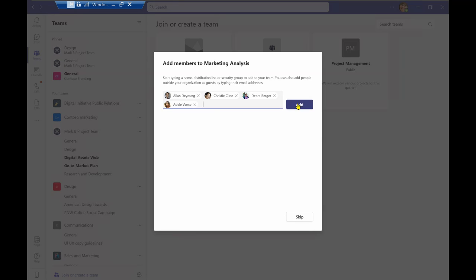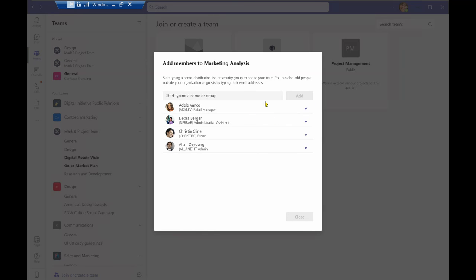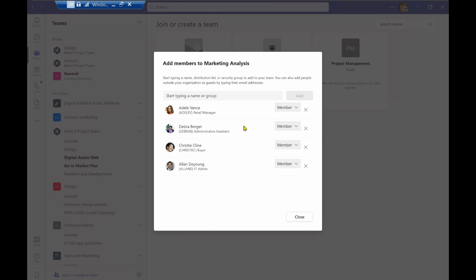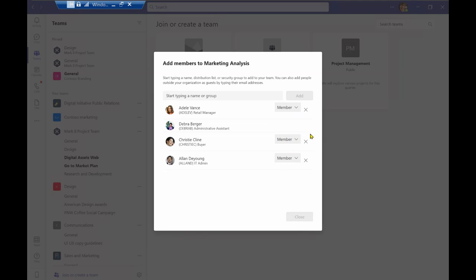Okay, so now once you add them, not only have they been added to the team, but you can now choose their membership. So you can already see the different roles that these people have in the company overall, but perhaps I want to give them more responsibility in the channels and teams that we're going to create at the moment. So perhaps for Deborah, I'll make her an owner and I'll leave Christy as a member, but perhaps for Alan, I'll make him an owner as well. Just in case Megan is not available, Deborah and Alan have some capabilities and functions in organizing the team and any channel information that we'll be working with for today.